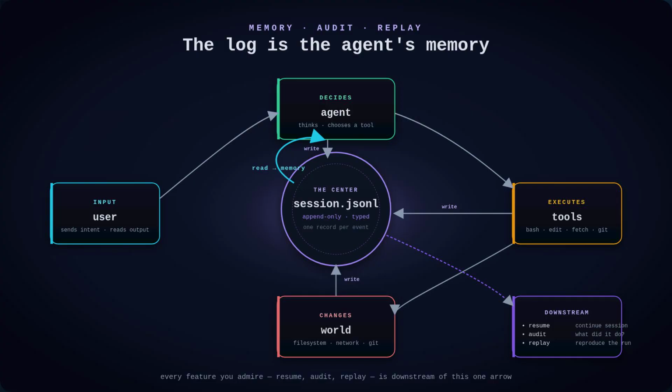Resume, audit, replay, and continuous improvement. The feature list of every local AI tool you have ever admired comes downstream of a log that was designed to be read, not just written. Build your logger first. Treat it as the memory layer of your agent, then build the rest of